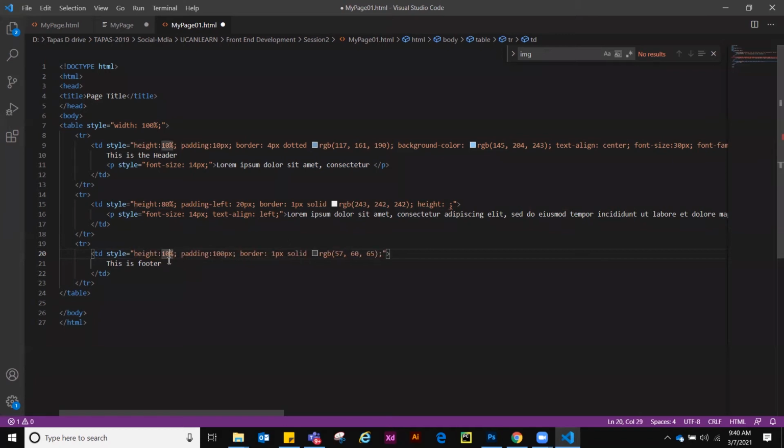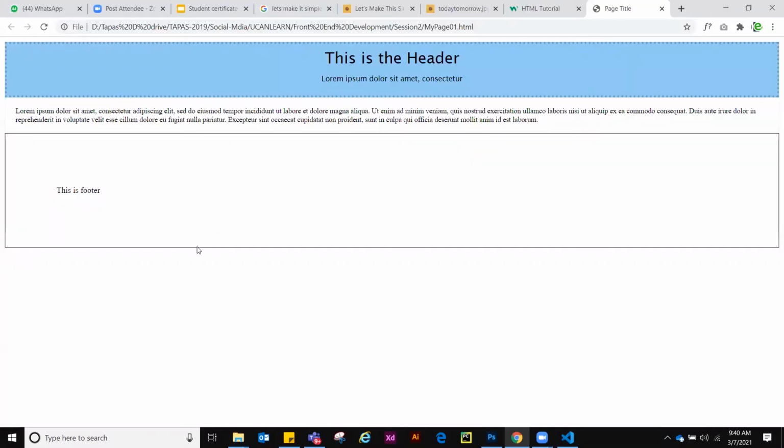How many percent should the footer be? The first one is 10, then 80. We are considering the total as 100. First one is 10, second one is 80, that means 90. I have 10 left, so it should be 10. Now let's see what happens. Go to the page, refresh.